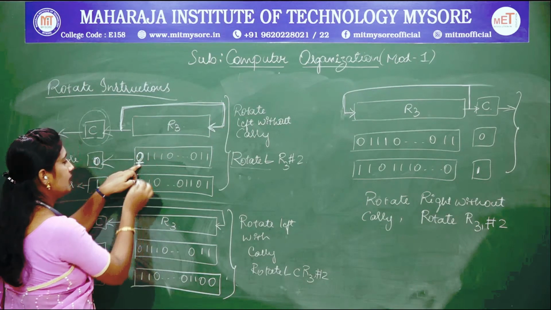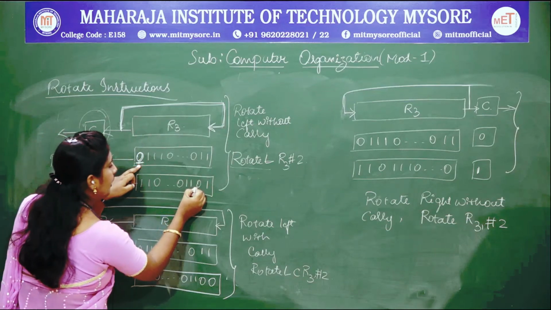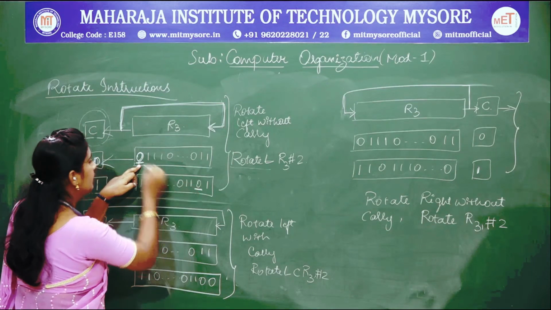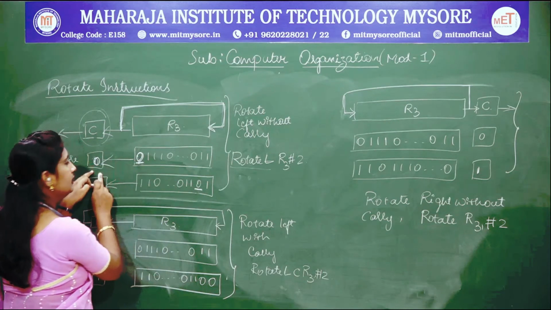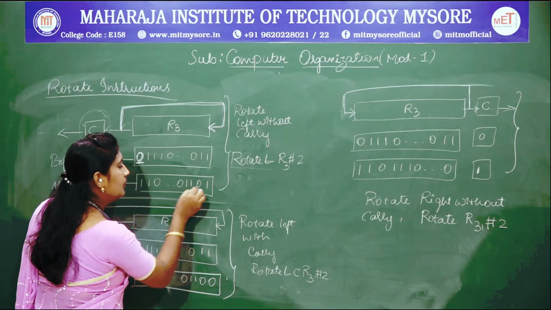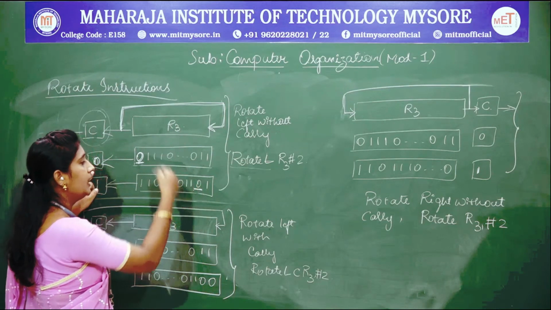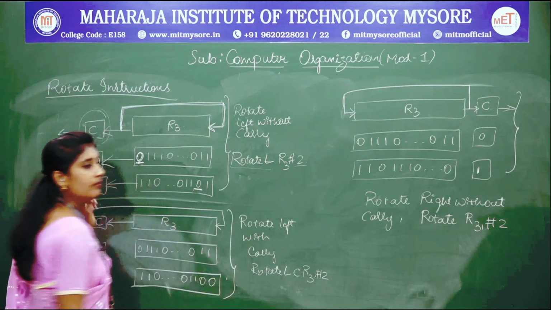So the first bit which I have sent out comes and fits into the next emptied bit which is specified here. This 0, after being sent to the carry flag, again comes and fits into the empty bit position. This is my first bit operation. Again I need to shift out 2 bits, right?